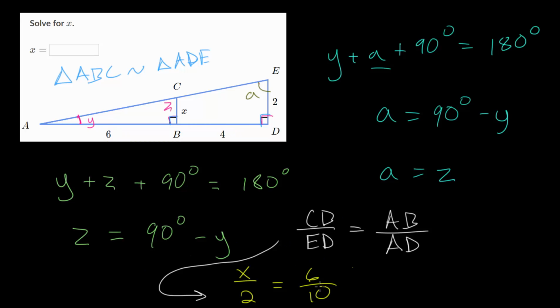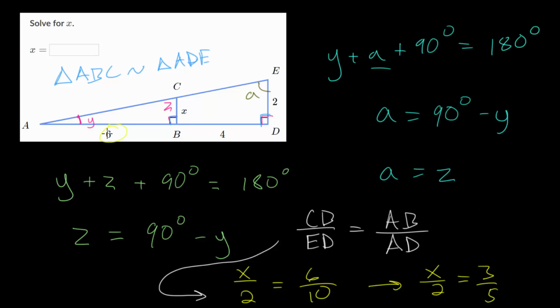So the proportionality constant we can actually figure out by looking at AB compared to AD, which is 6 compared to 10, and if we simplify that, we can write this as x over 2 is 3/5, meaning that 3/5 is the proportionality constant, or we can again look at its reciprocal, which would be 5/3,